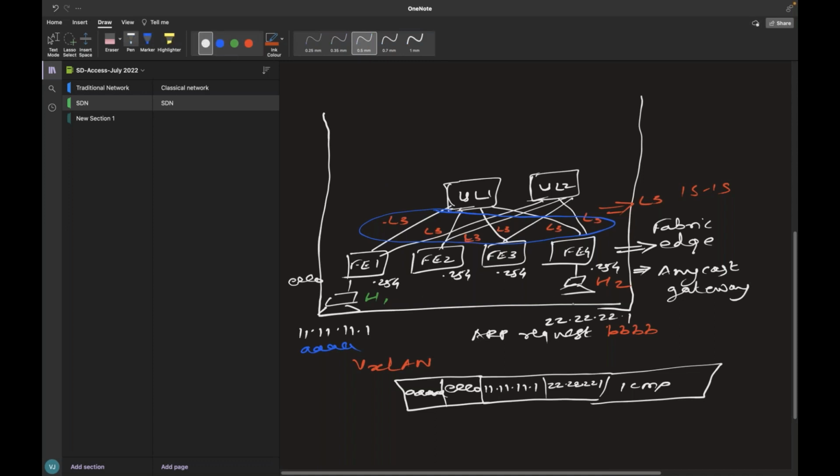Now, how do I know the destination, which is behind Fabric Edge 4? You will get that information via something called the control node.